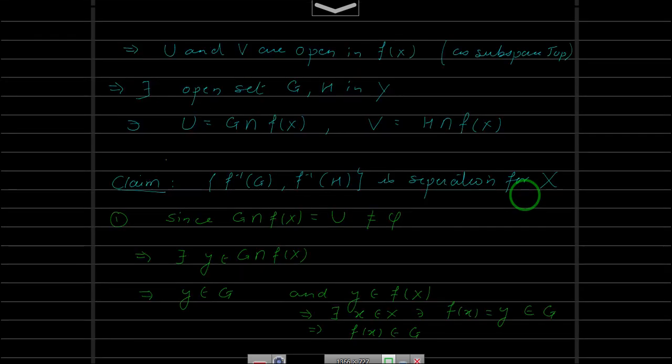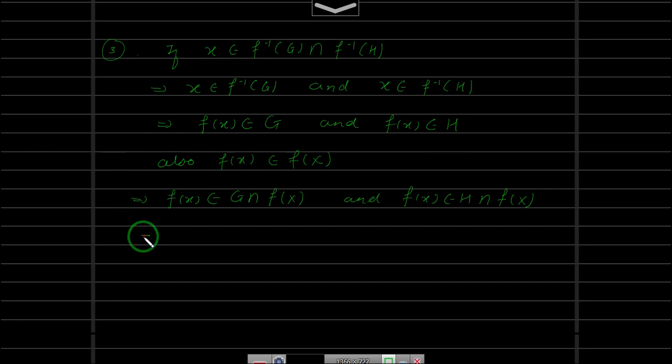And if you remember, we have said that G intersection f(X) is U and H intersection f(X) is V. This implies this f(x) belongs to U and f(x) belongs to V. So f(x) belongs to U, f(x) belongs to V implies f(x) belongs to U intersection V, and of course if you have a point in U intersection V, this implies U intersection V is non-empty, giving